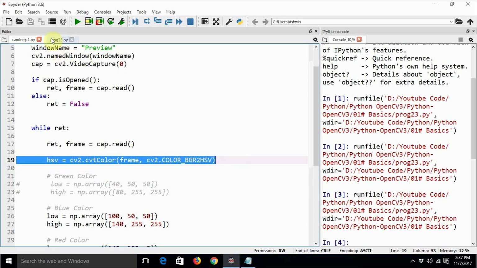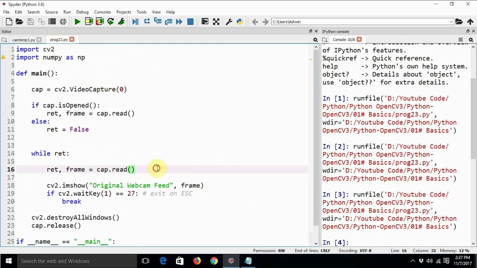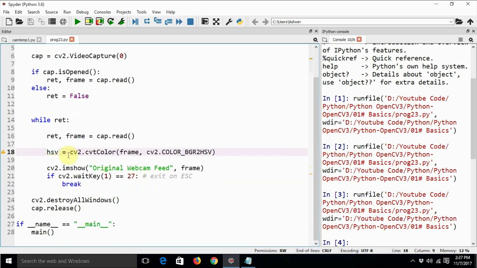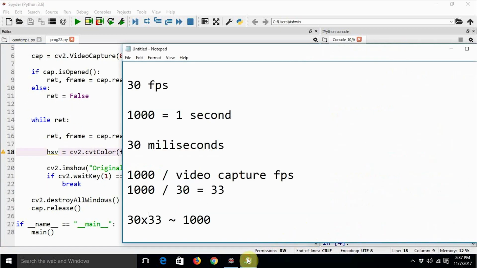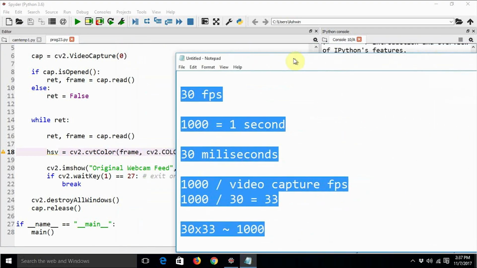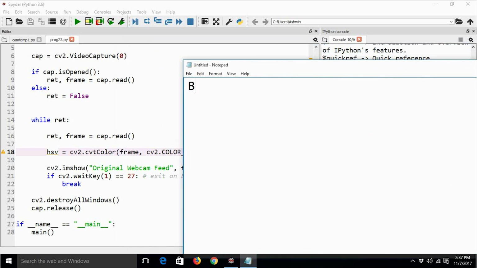First of all, we need to convert the color space of the live video feed that we are fetching through the camera. We all know that OpenCV captures in BGR, right? BGR is not very good for distinguishing the ranges of colors.